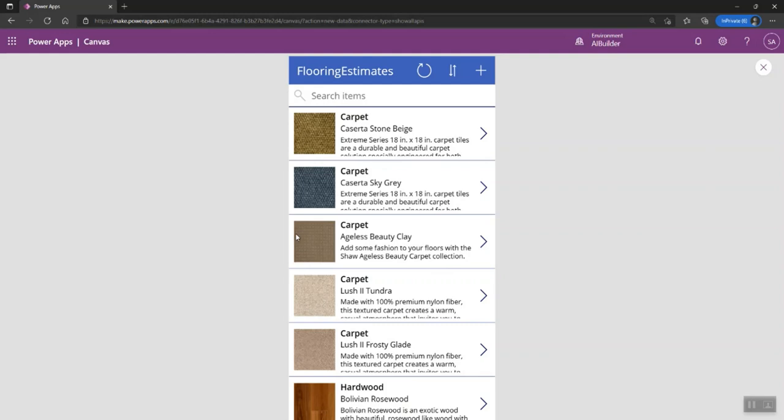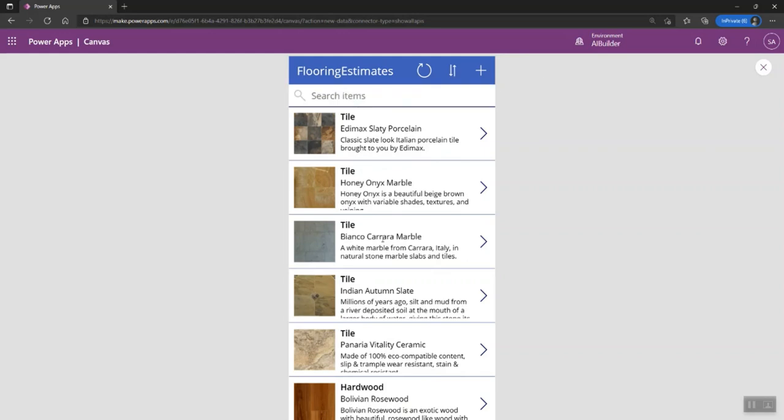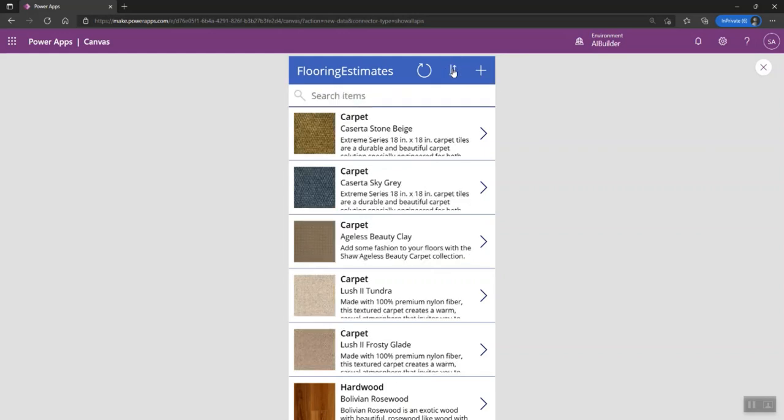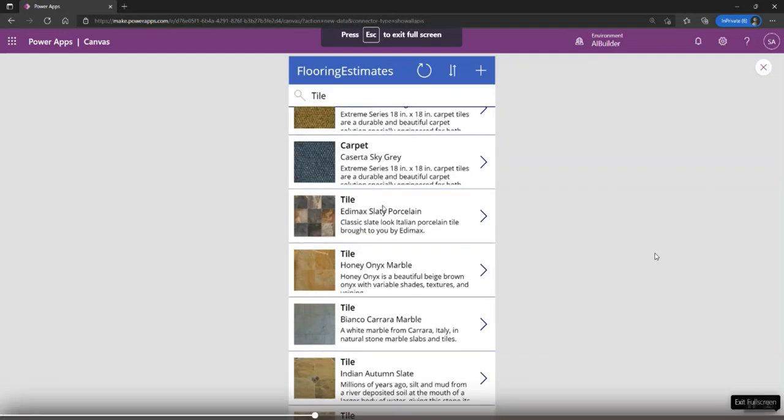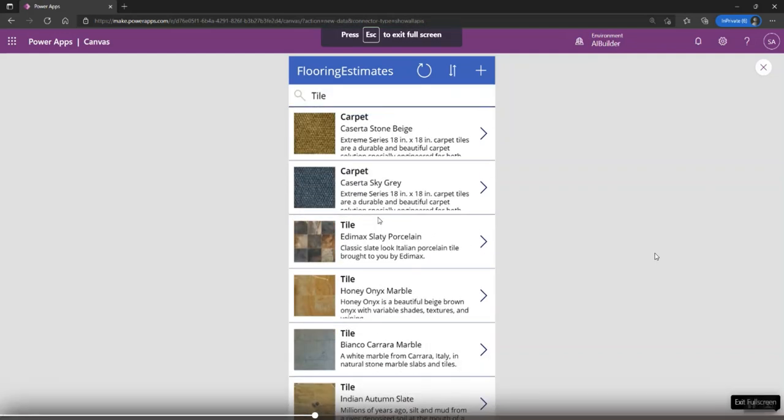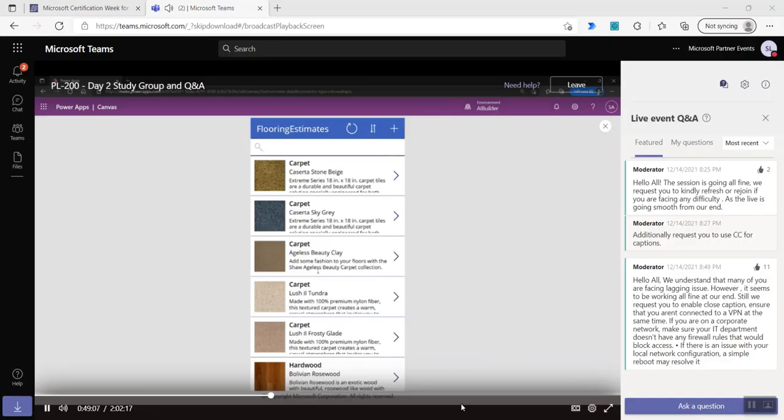A few things that you can do here is sorting, so I can see all the things now sorted by descending and ascending again. Then I can do filtering. If I want to just focus on tile, I can just say give me the tile based records in here if I need to. So it is now showing everything that has got tile associated in that. Or I can just get rid of them, and it shows all the